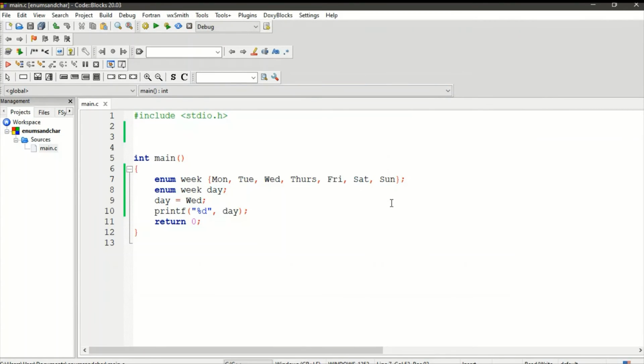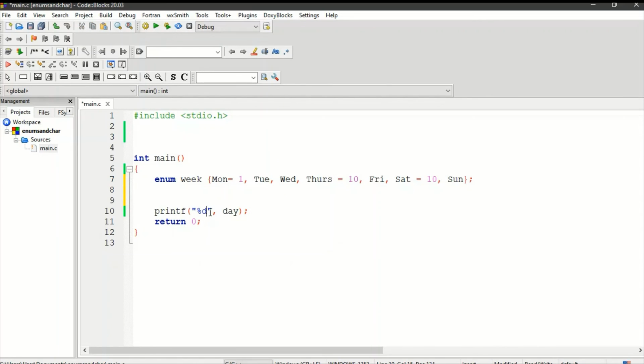Now I said that we can associate two values also. Let us see in this example only. Let us assign 10 to this, and assign 10 to this also, because we have same values, and let's say Monday we assign 1. No need for this. Now we don't declare any variable, we just print out the values.